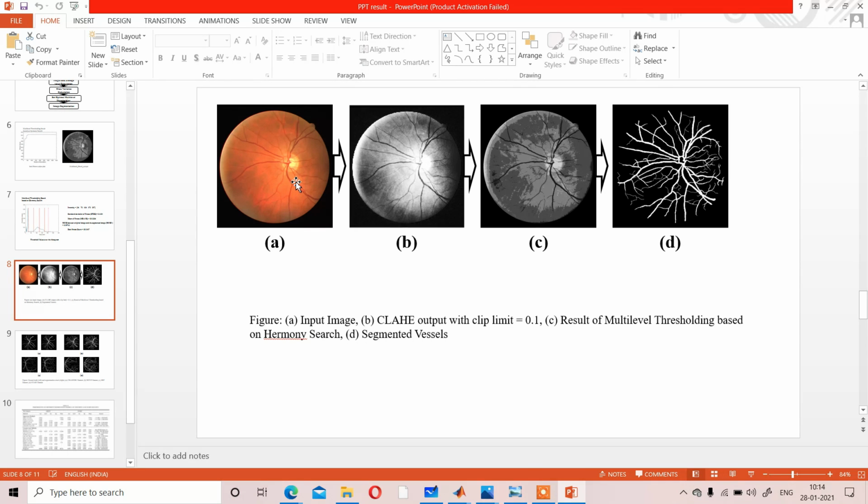If we can do that, then what will happen? After the operations, whatever operation you do, it will be easier to segment out. Clear or not?